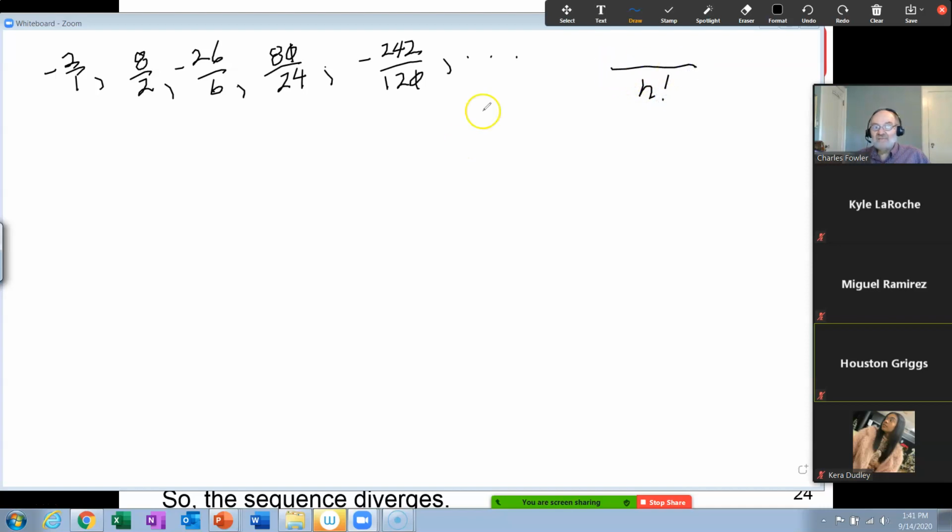Okay. The numerator, I'll tell you the first part of it. It's -1 to the nth power. That changes signs every other time. The first sign is negative, the second is positive, the third is negative. So that's what gives you that part. Now what we've got to do is figure out where in the world we get this 2, 8, 26, 80, 242. Weird. Okay.